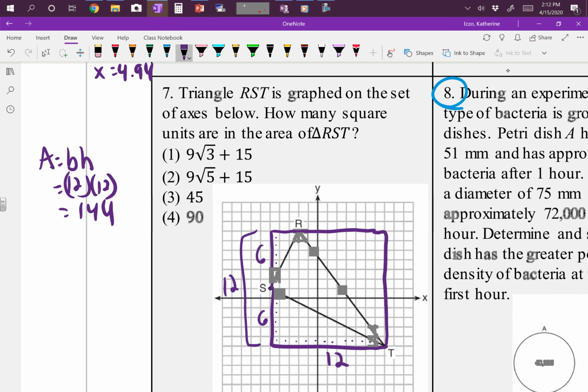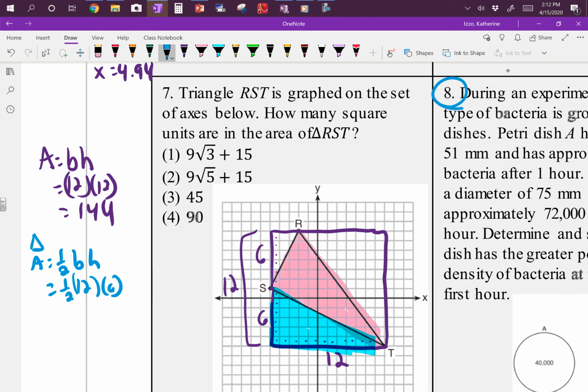Now that I've got 144, that's exciting. But that's a whole lot more than what the actual triangle is. I want to find this pink triangle inside. In order to find the area of that, I am going to have to cut off this blue triangle. If I take the purple box and cut off the blue triangle, I'm much closer to the pink triangle. So the blue triangle area is equal to 1/2 base times height, 1/2 times 12 times 6,